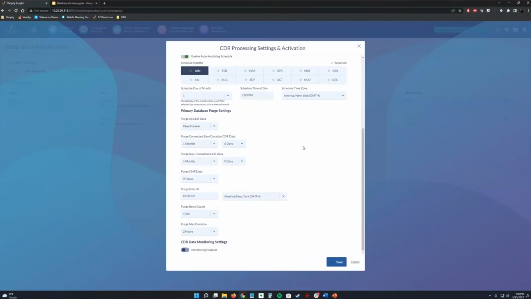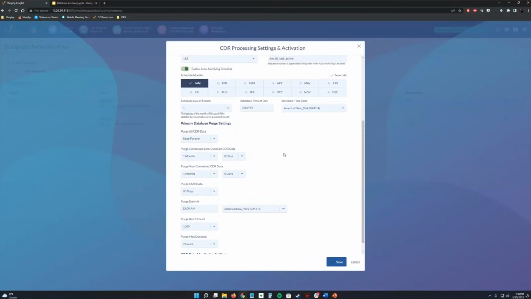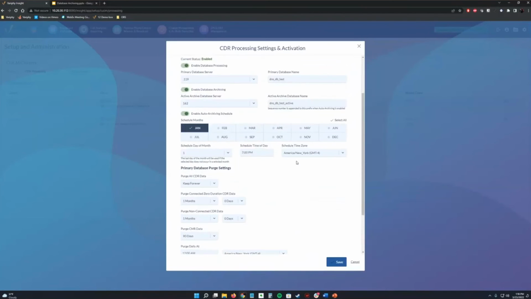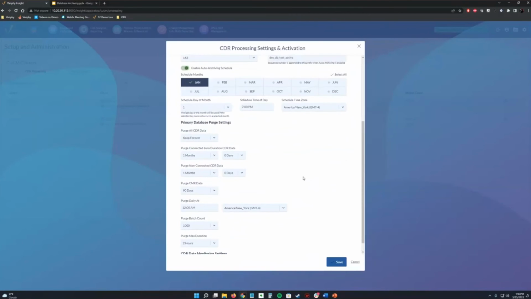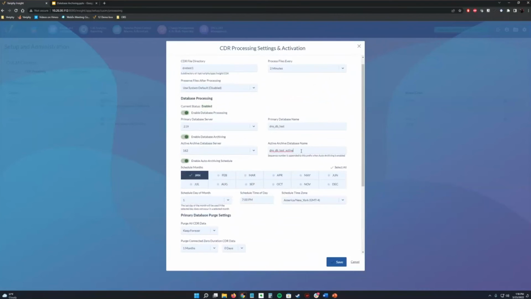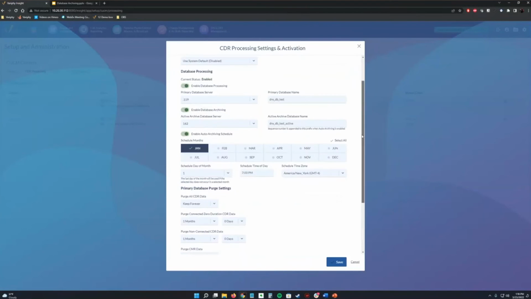As a follow-up to that, will it automatically remove data after so many days, months, or years? From the archive database? Yes, from the archive. It's not going to remove anything from the actual archived databases. It's just going to remove from your primary database.